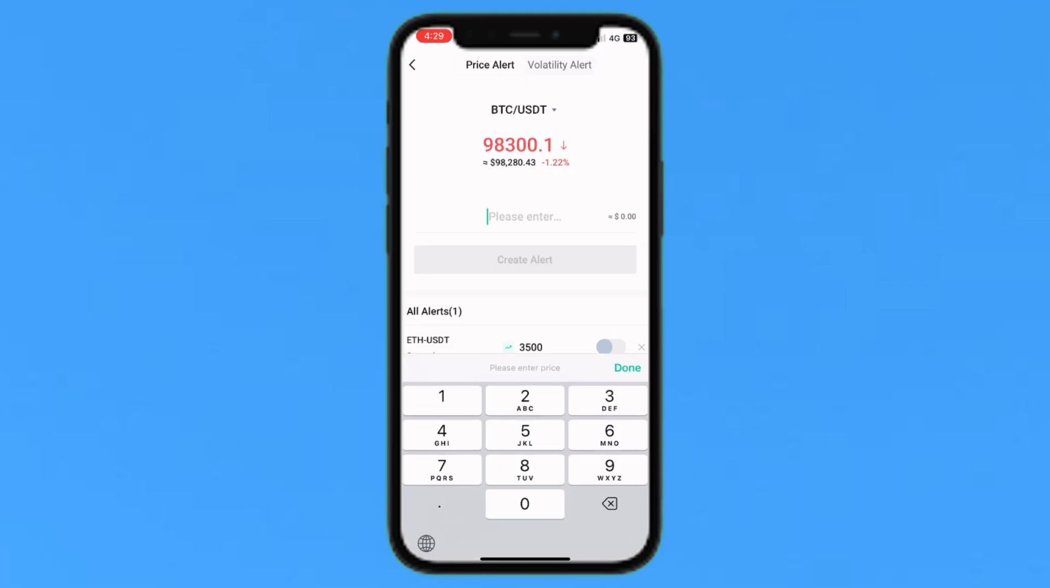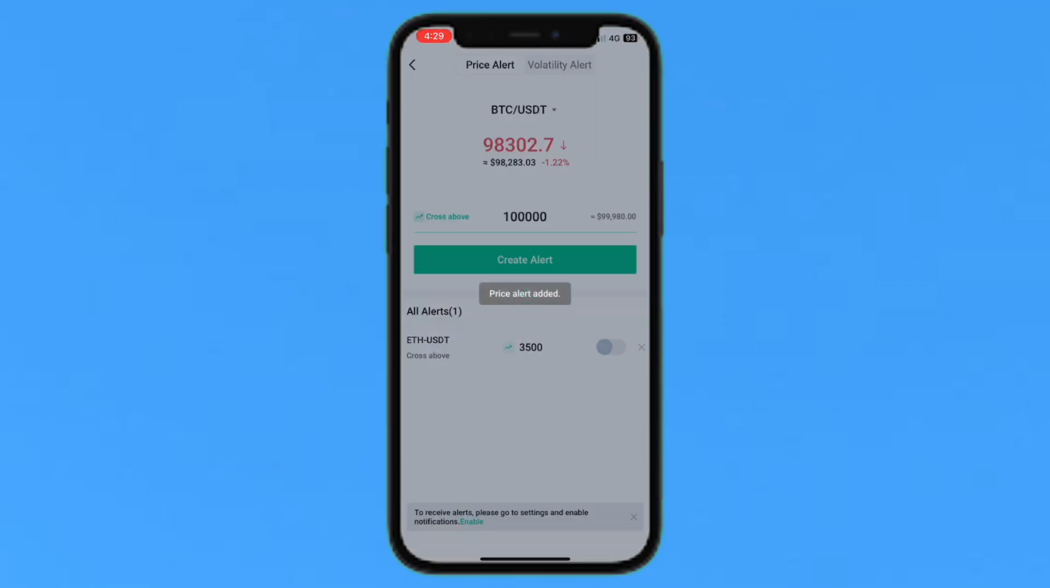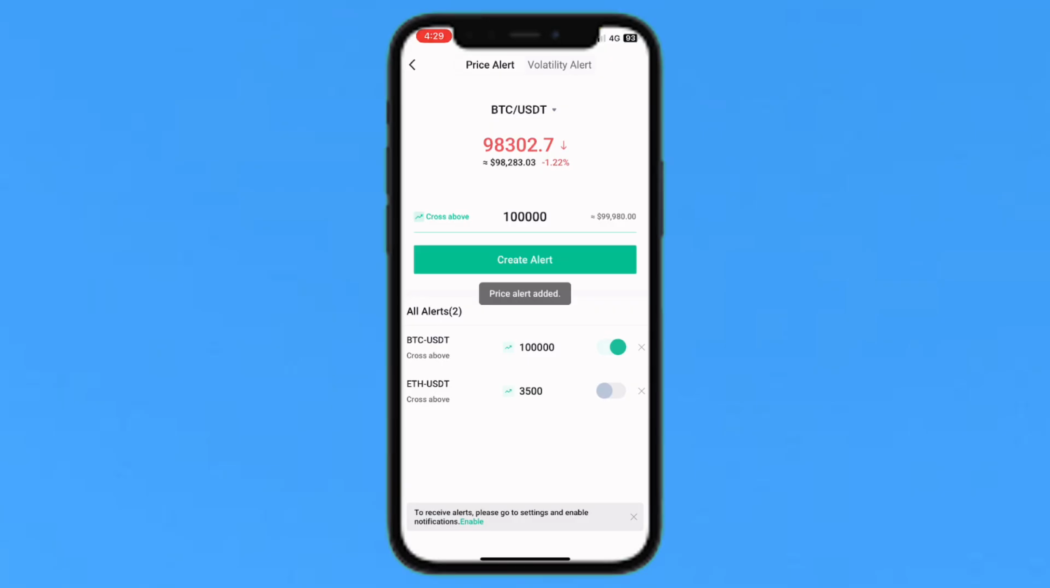So I will just enter like 1 lakh, one cross above 1 lakh. I will just create the alert. So here you will see, when it crosses 98,000 and goes above, reaching 1 lakh, so it will